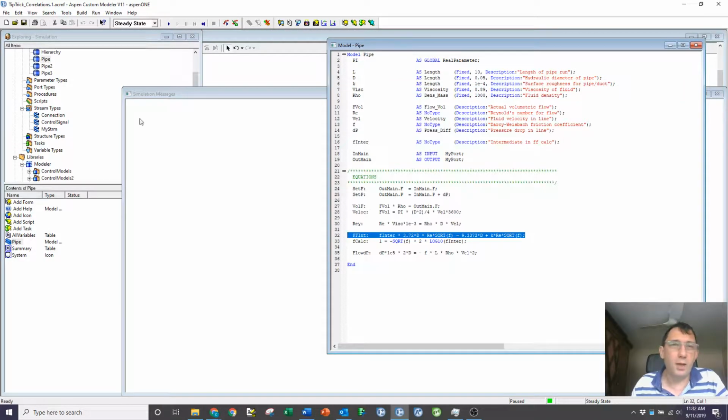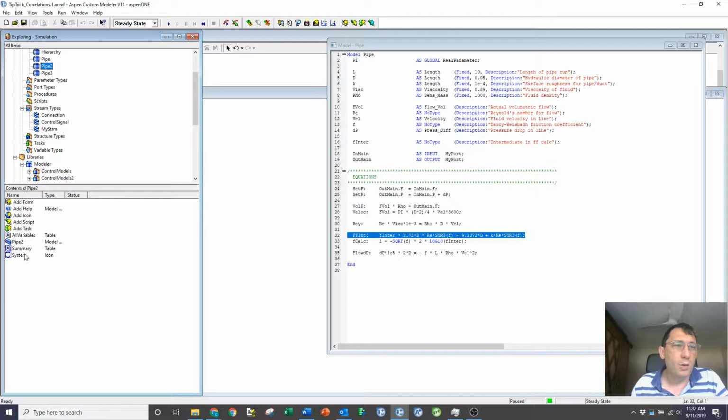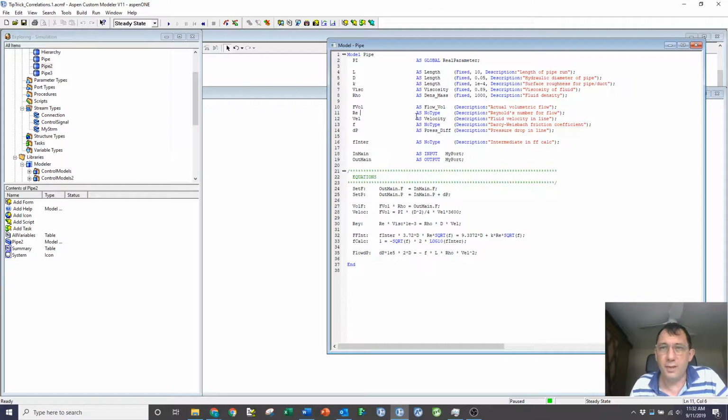Well, I've got my text for pipe up there. One of the things I've noticed is that I was getting negative numbers in the system. So if f ends up as a negative value, that's going to be a problem. I've defined f as a no type, which means it has a lower bound of minus 10 to the 30. That isn't necessary. f is always going to be positive, I think. Similarly, Reynolds number is always going to be positive for a meaningful solution.